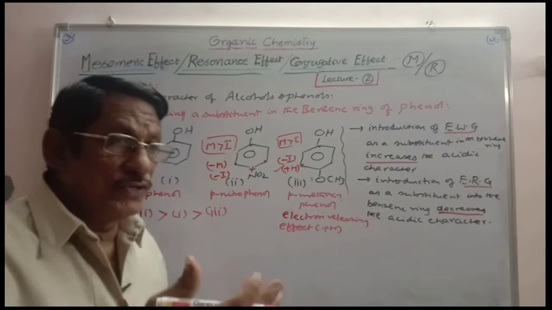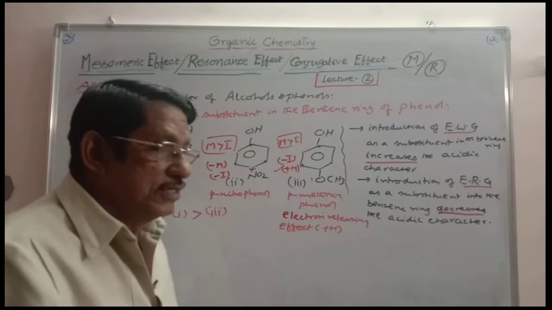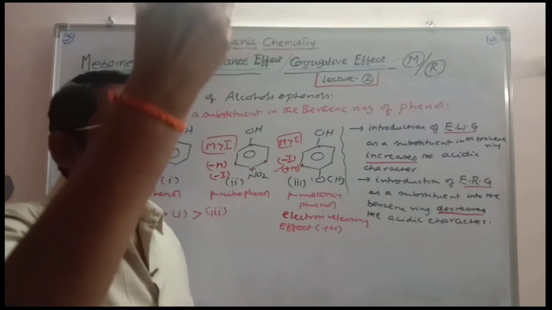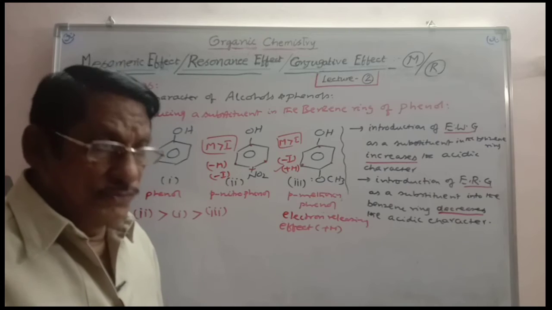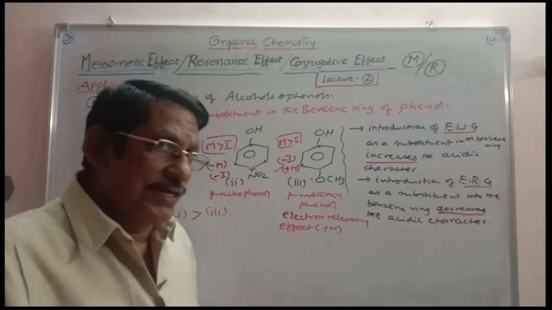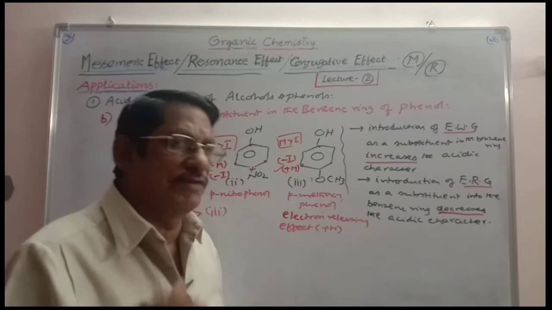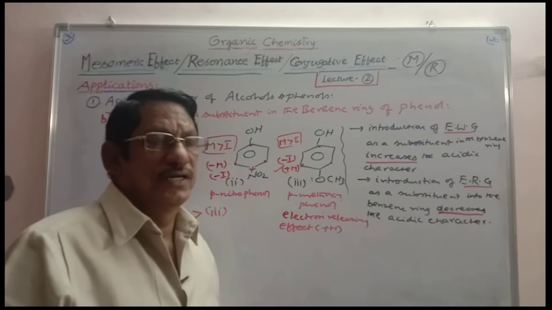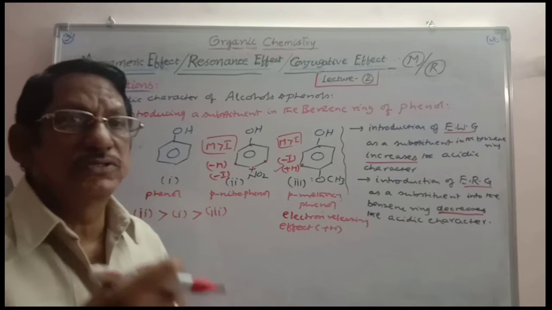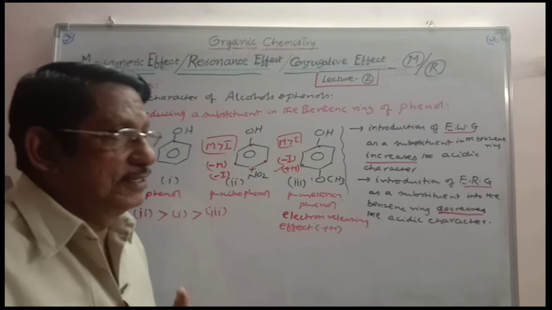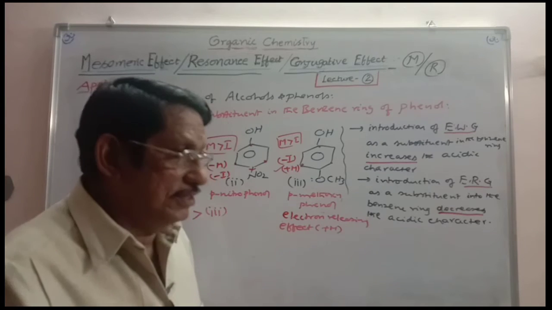And so you can take 2,4-dinitrophenol, which is more acidic than phenol, 2,4,6-trinitrophenol, which is still more acidic than phenol, and 2,4,6-trinitrophenol is otherwise called picric acid. There is no acid group actually, but it is called picric acid. That is the acidity of picric acid, though COOH group is not seen. It is competing with the other inorganic acids and organic acids also.